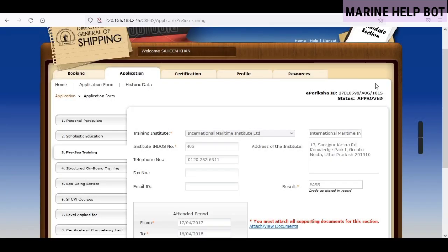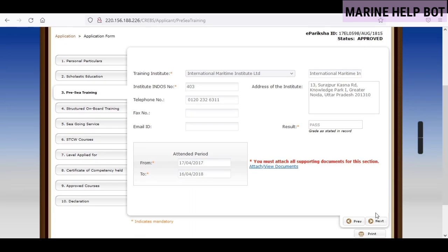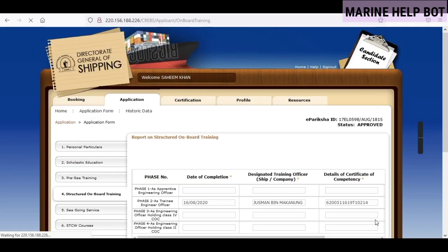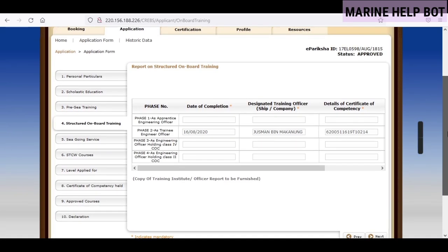So now moving towards our next step, the fourth step. This is the common issue where we fail, because we don't know what to fill. In that you have to fill phase 2, the date of completion, last sign off date, your chief engineer name, and your chief engineer COC number. As you can see, under designated training officer you have to fill your chief engineer name and the details of your chief engineer COC, the COC number,